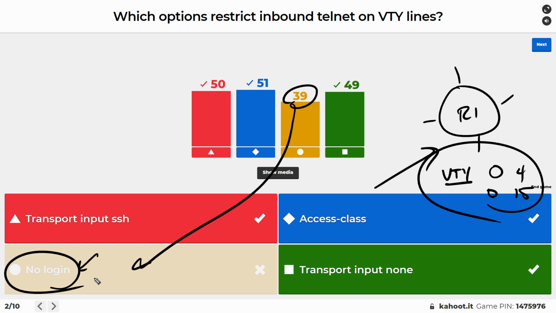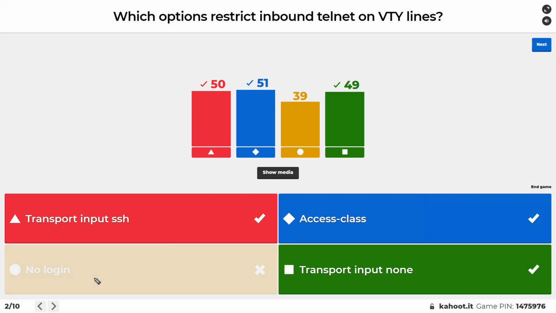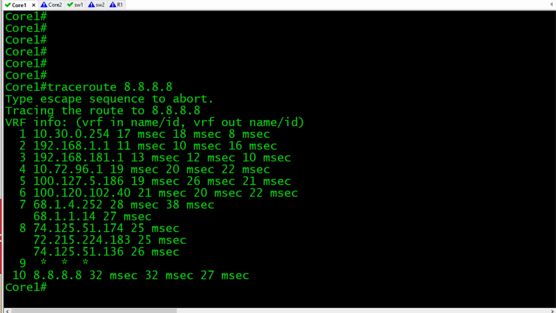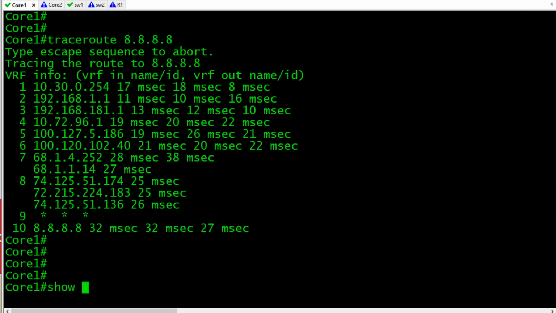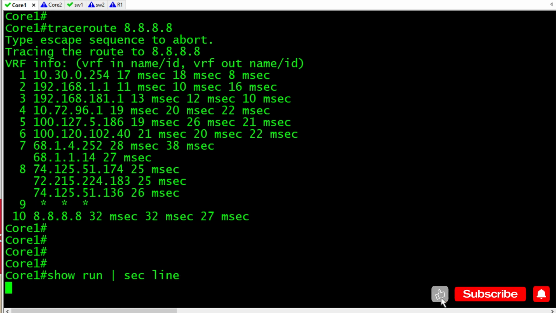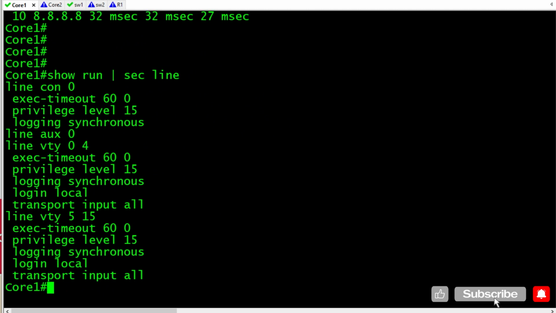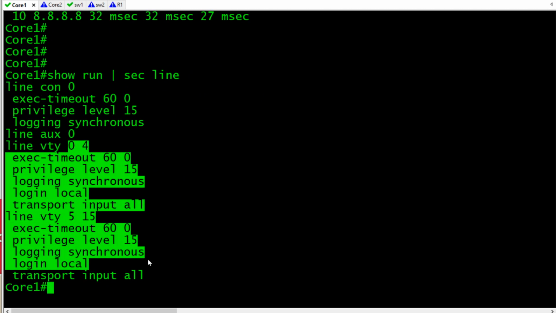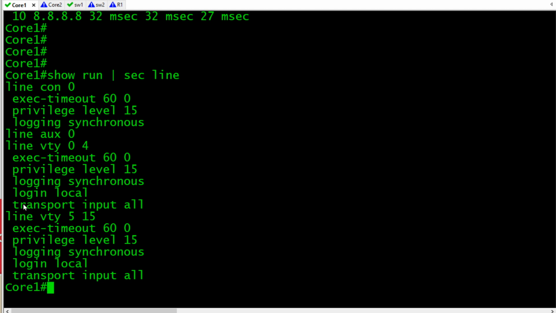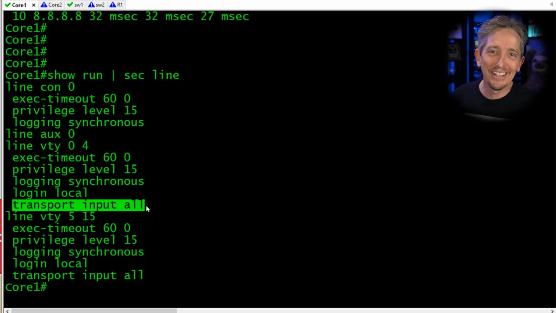In fact, let's do this real quick as a fun little exercise. Let me clear that off. Let me bring up this window. All right, so this is core 1. It's a multi-layer switch. We do a show run section line. That's just going to show us the running config regarding line configuration. So I've got 0 through 15, these are the defaults. Transport input all here basically says, yeah, telnet, SSH, it's all good, bring it on,